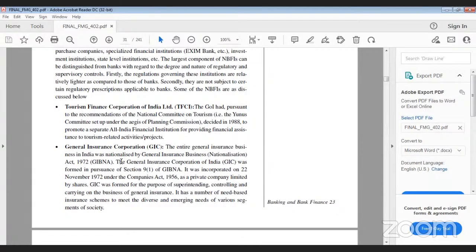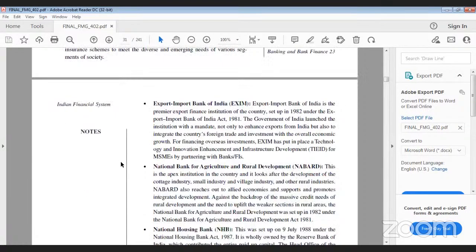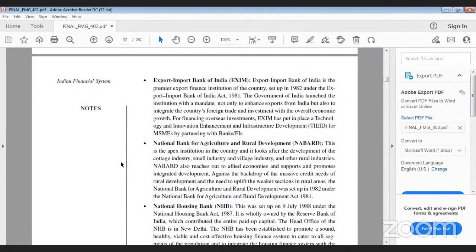Export-Import Bank of India. The Export-Import Bank of India is permitted to finance exports and serve as an export financial institution. Set up in